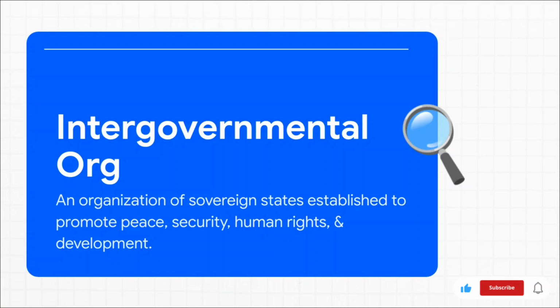Okay, before we go any further, let's lock in a super important term, intergovernmental organization. Now, I know it sounds like textbook jargon, but trust me, this is the key to everything. What it means is that the UN is basically a club for countries. It's not a world government calling the shots. It's a place where sovereign states come together to cooperate. Getting this difference is absolutely critical for your answers, so make sure you nail this one down.